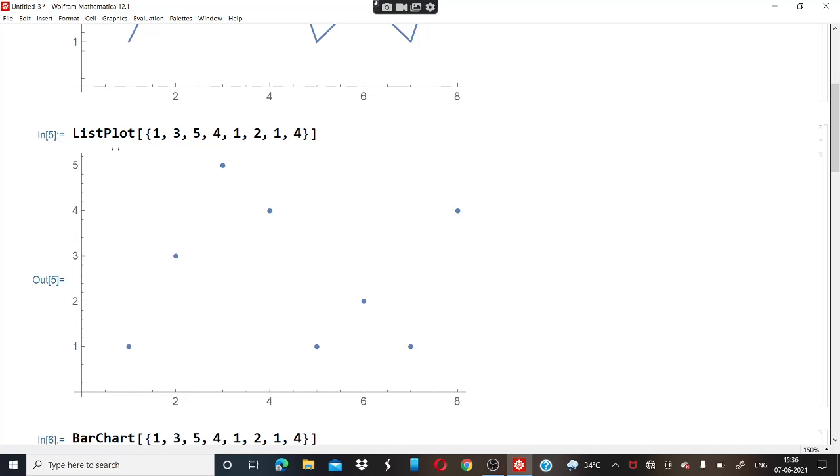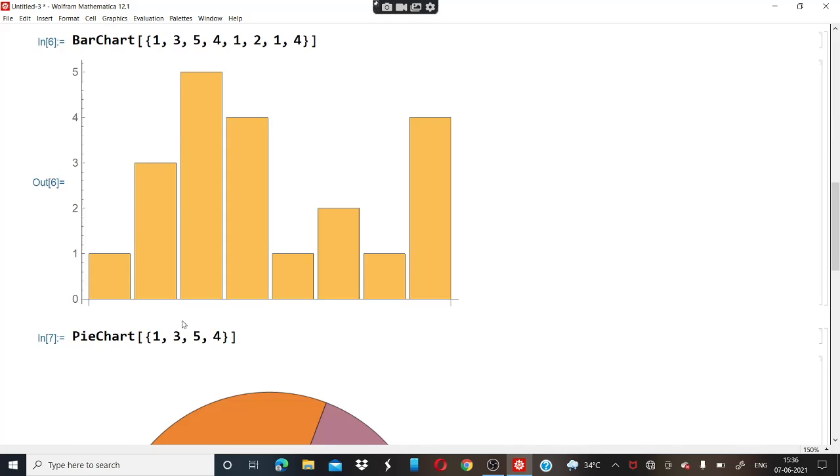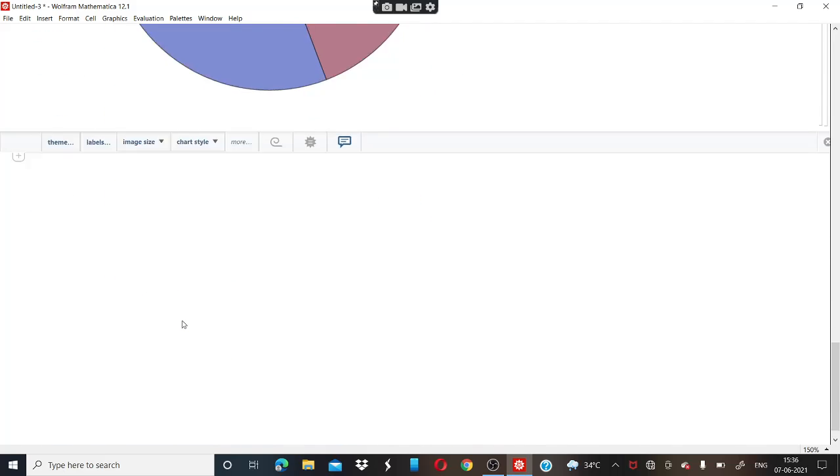So for that, when you use number line plot, you want to get the output as 1 in place of 1, 3 in place of 1, 4 in place of 1, and so on. So let's see what this command does.